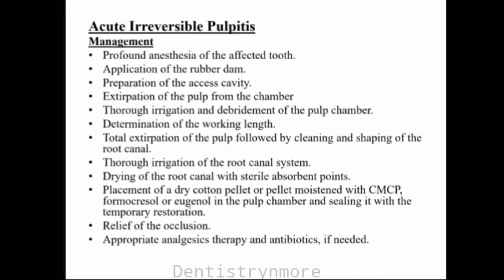Acute irreversible pulpitis management includes: the anesthesia is given. After that, rubber dam is applied, access cavity is prepared, the pulp is removed from the pulp chamber, and irrigation and debridement of the pulp chamber is done. Determination of the working length is done, and after that the pulp is removed by cleaning and shaping the root canal, irrigation through the root